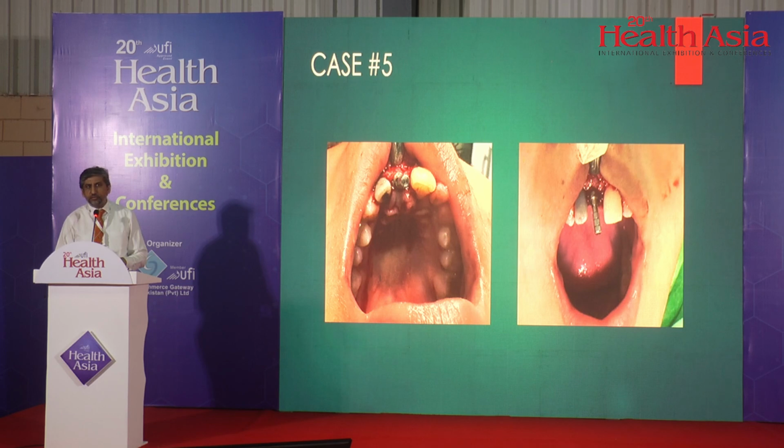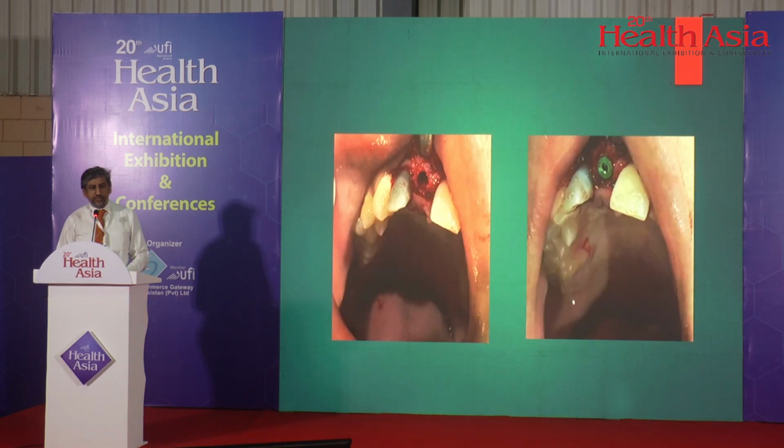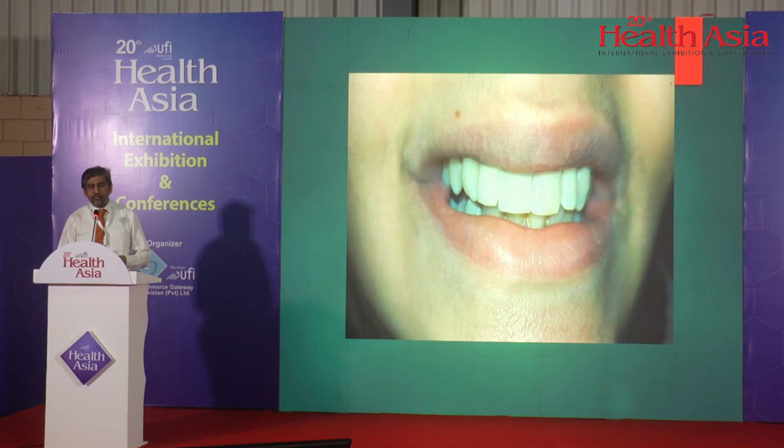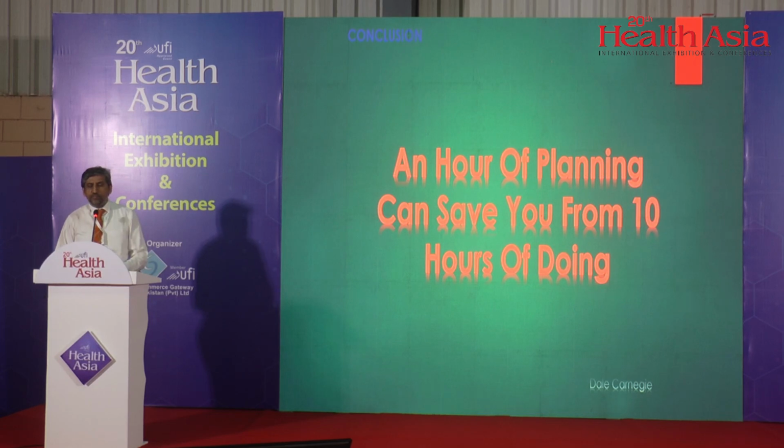This is another case, anterior zone. The implant is being placed. For the anterior aesthetic zone, once you are going with the initial drilling, you need to go slightly palatally so that the implant should be stable. If you go towards the buccal or labial side, then it is going to perforate the labial or buccal bone. So you need to place your drill slightly towards the palatal side. So this implant is being placed, and the healing cap and covering screw are placed there. The healing cap was placed there, and the final restoration was given to the patient. An hour of planning can save up to 10 hours of doing it.